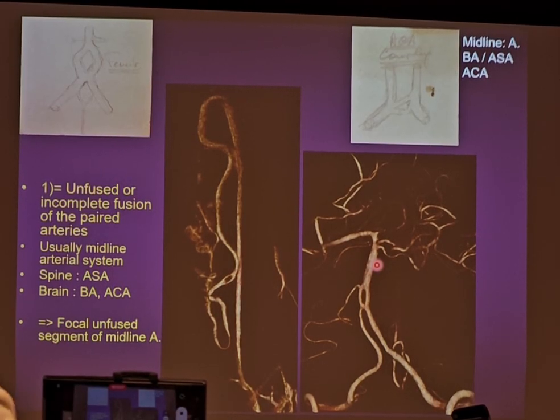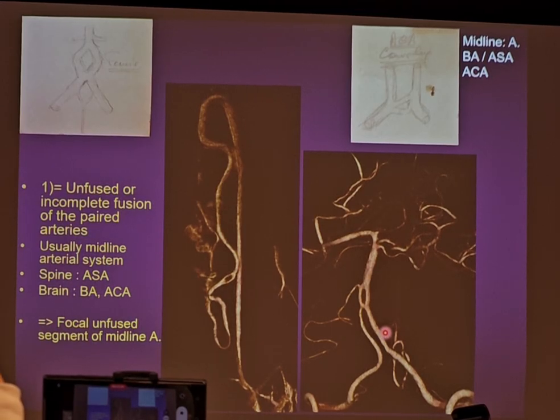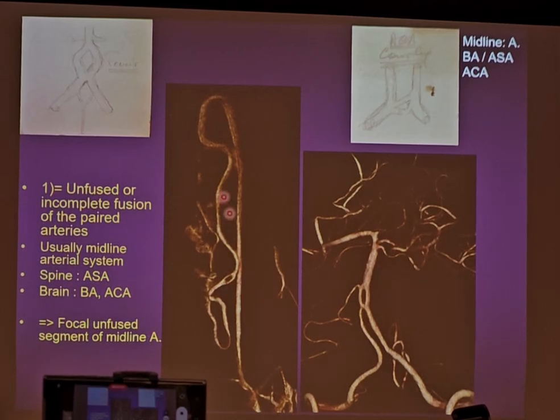To understand together, it can be described. Fenestration for me is like describing a shape. But if you want to describe the cause, you had better call it a segmental unfusion of the basilar or